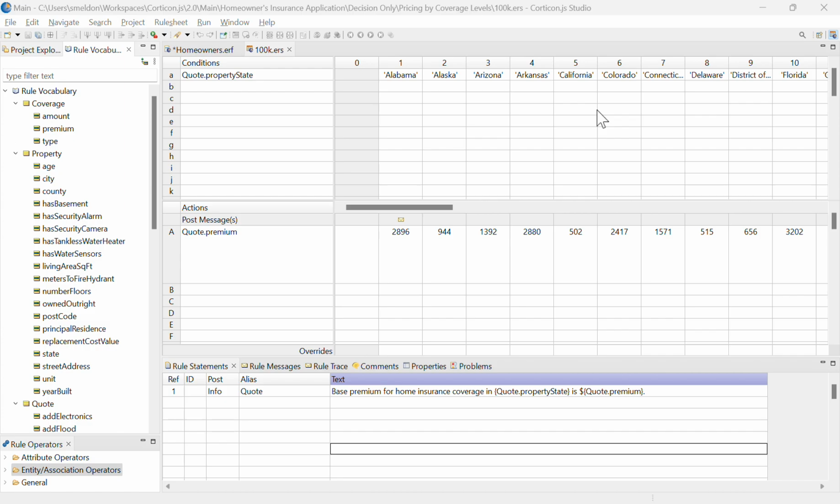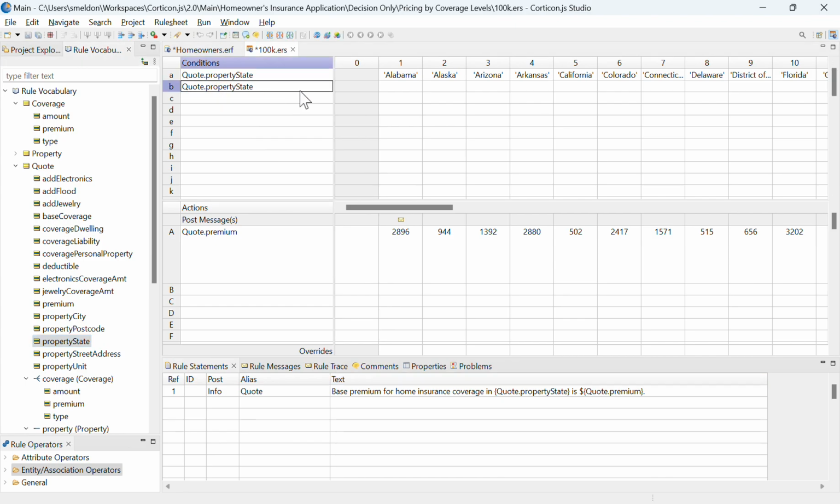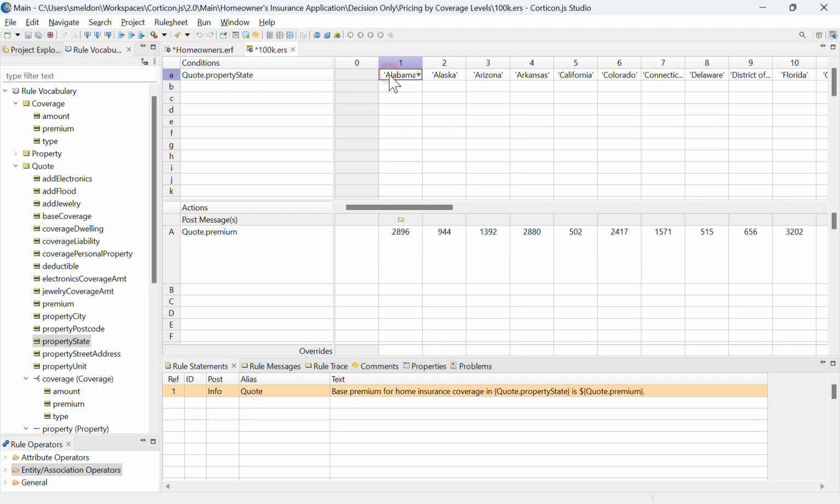So here's my rule sheet that I've been defining my various different rules within for this particular level of coverage, for that $100,000 level of coverage. The way to look at this is by using my rule vocabulary on the left-hand side of the screen. I've defined what the values of these particular data fields, such as up here, the quote.property state, when